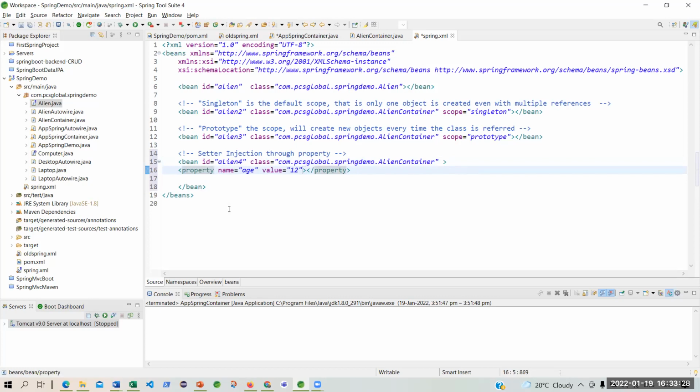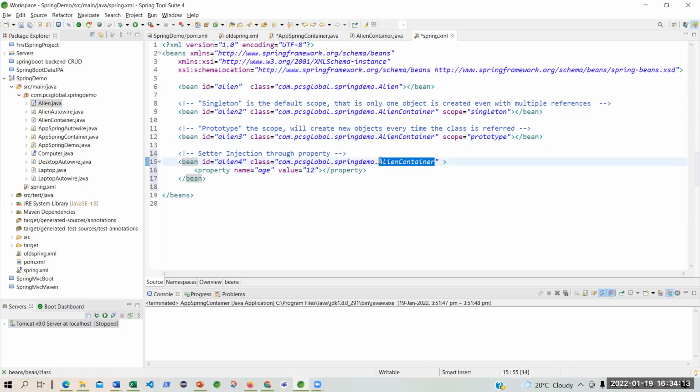Now I'm putting this in, a sub element of bean. Within beans, this is the beans container, and within it I'm defining a few beans. This is one bean, another bean, and another bean. But in this case, you had directly said only the ID and the class, without any sub property or sub element. Here it was a single row. Here it is Align, and here it is Align container.